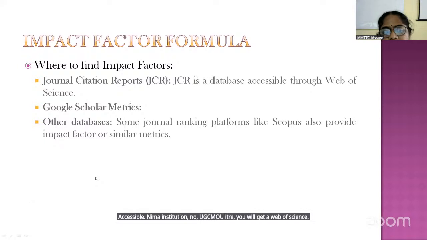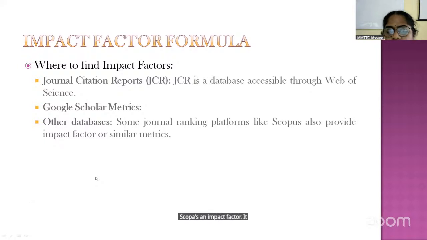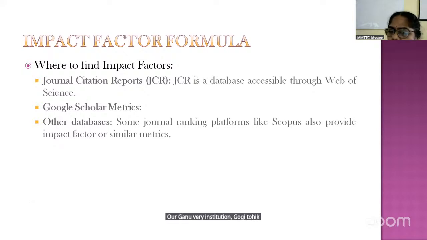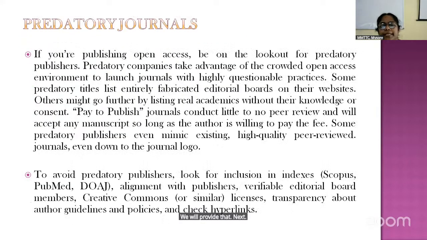Scopus impact factor, it's a good database, but still, some institutions are not able to afford Scopus. Then you go to another institution. Now Web of Science, if you come to our Mysore University, we will provide that. Next. Predatory journals, I told you, I gave examples,